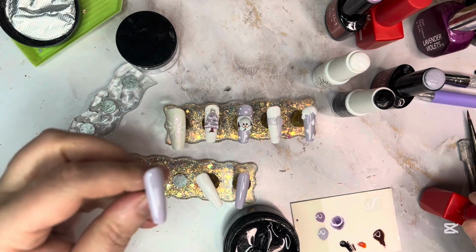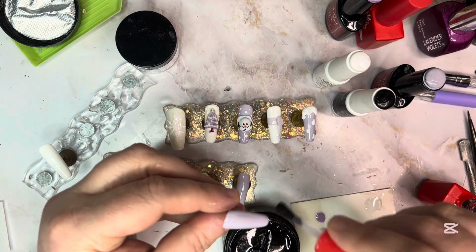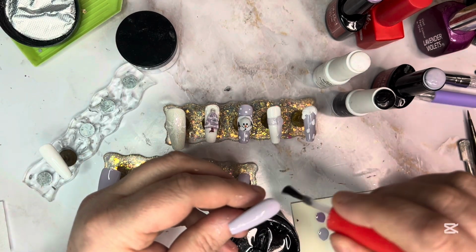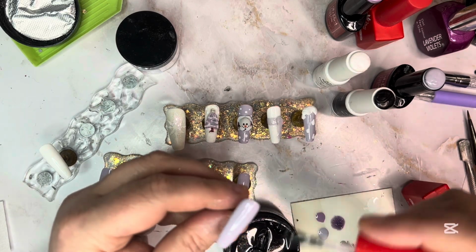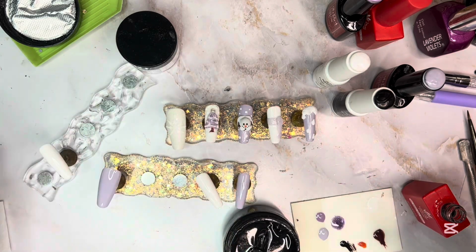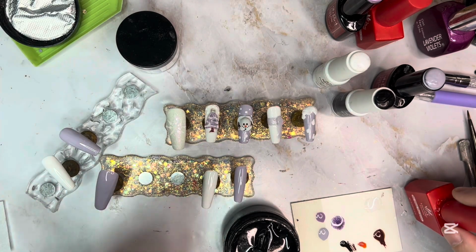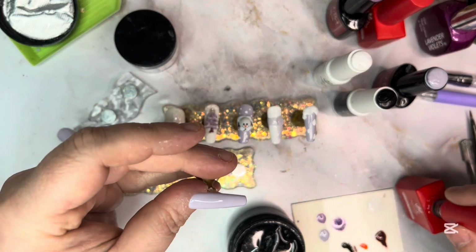I'm not going to top coat my thumb there, because I'm actually going to put that iridescent polish on there first. So there's no need for that, but we're going to put this top coat on just because it will be easier. Actually, this was no problem. I'm going to put it on this one. So just the ones that we used